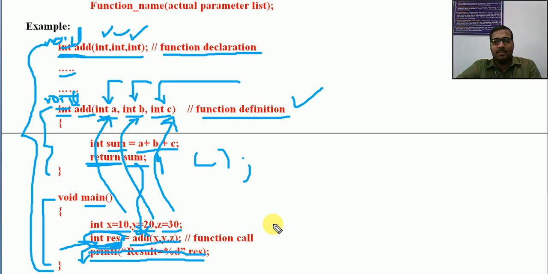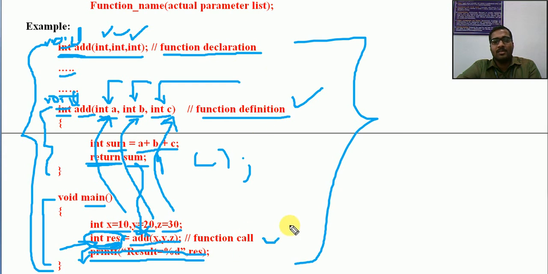There will be slight differences, but most of the languages follow almost the same pattern, with very slight differences in the declaration, the definition and the call. But this is a common global concept. Wherever we use functions, we follow these things: function declaration, function definition and function call.